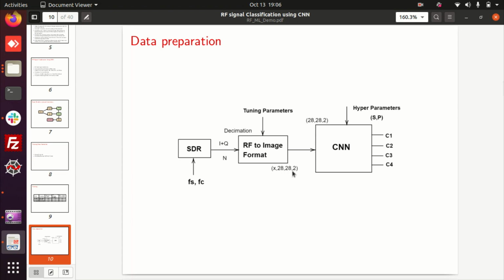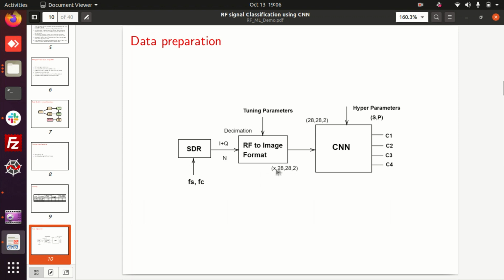This is the size of my image. 28 times 28 is 784. So out of 6000 samples, 784 samples will be in the first matrix, then the next 784 in the second matrix. Like that you can have n number of matrices. If you vary the number of samples, this also varies.